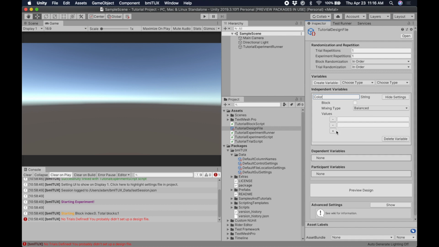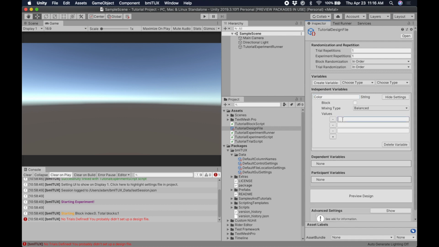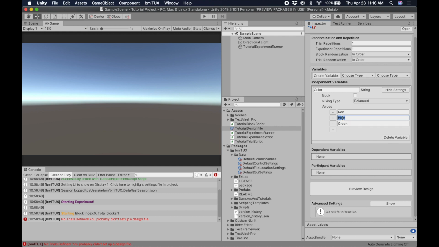And we have to define values for the color variable. So we'll call it red, blue, and green. Okay, let's see what that did. Down below, if we scroll down, there's a button called Preview Design. Before, when we tried to run the experiment, it said no trials defined, you probably didn't set up a design file. Now we've set up a design file. Even though it's very simple, this is enough to actually run an experiment. So if we preview the design,